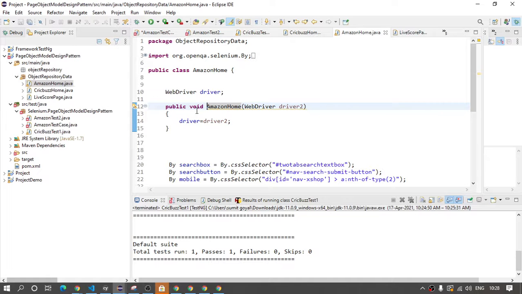So instead of assigning driver equal to driver in the constructor, can we inherit and then driver would be available? Is it okay? It is okay. So here,